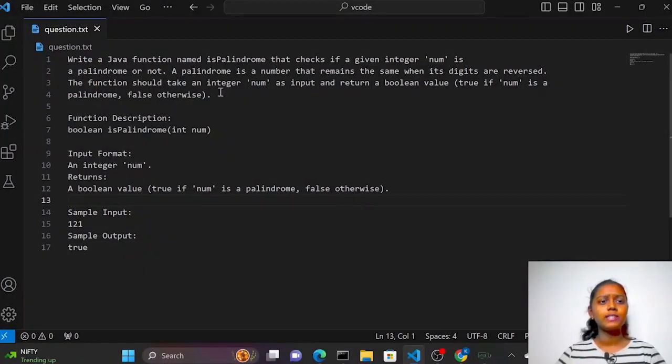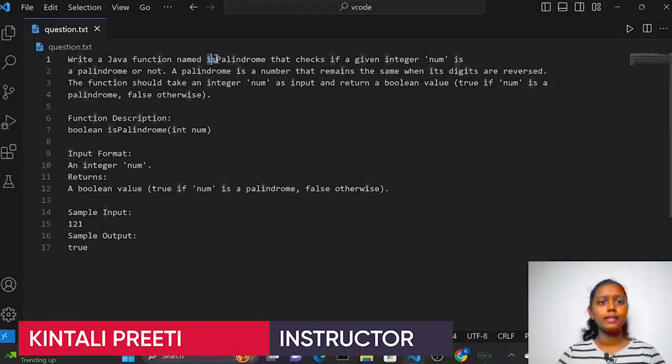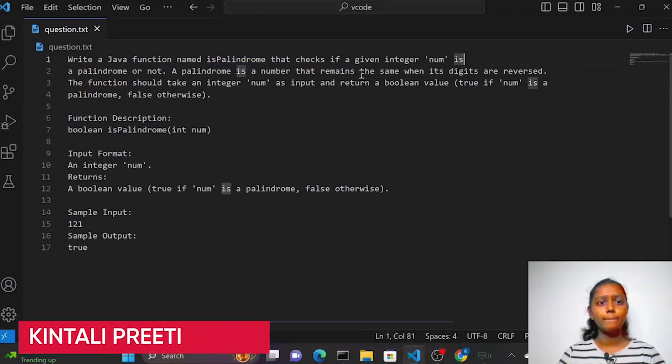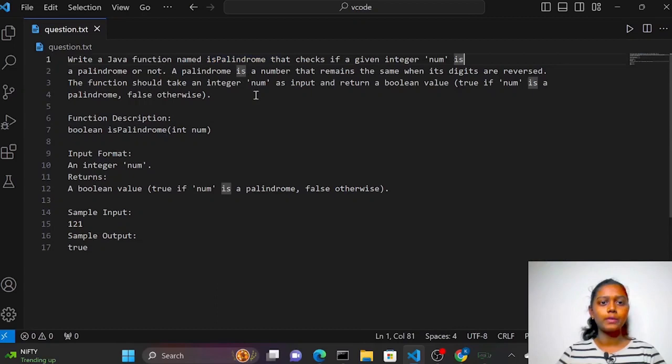So the question is, write a Java function named isPalindrome that checks if a given integer num is a palindrome or not. A palindrome is a number that remains the same when its digits are reversed. That is, the number is the same as the reverse of it. So the function should take an integer num as input and return a boolean value, true if num is a